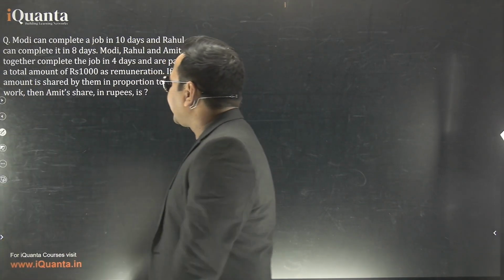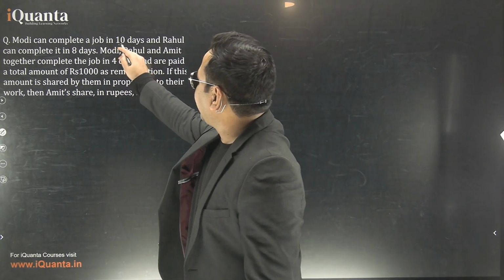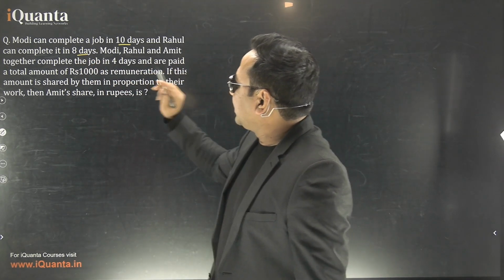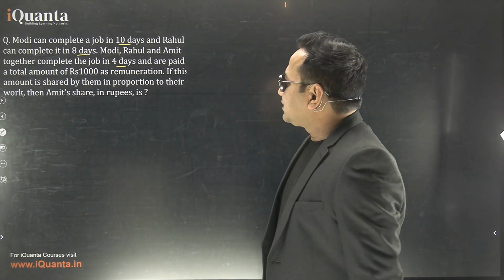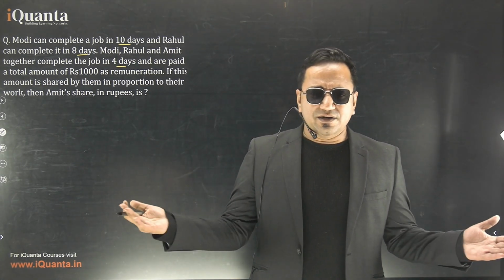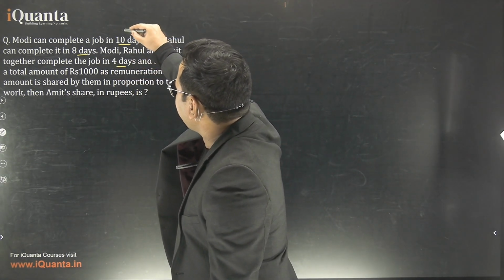Now when I'm reading it, Modi can complete in 10 days, Rahul in 8 days, Modi, Rahul, Amit together in 4 days and are paid all this amount. All right. So one thing is for sure that all these guys are working for 4 days individually because the work is complete in 4 days. Okay. So according to Modi,